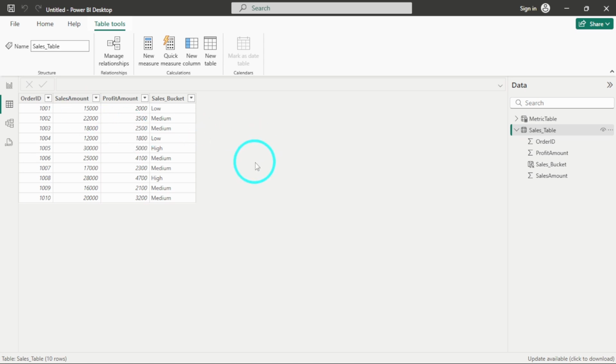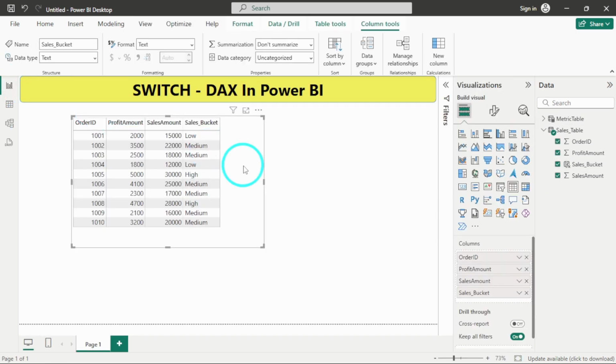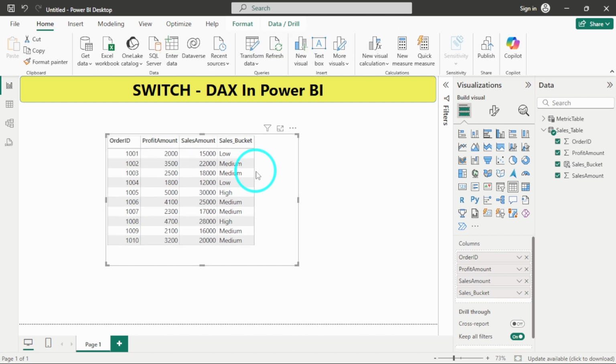In that filter, if I have selected sales amount, then it will give me the sum of sales amount. If I have selected total profit, then it will give me total profit. And if I have selected total orders, then it will give me the count of order ID. So here I have created the matrix which I want. These are the three metrics: either I want to calculate the sales amount, the total profit amount, or the total orders which we have made. Now I will just delete this table,